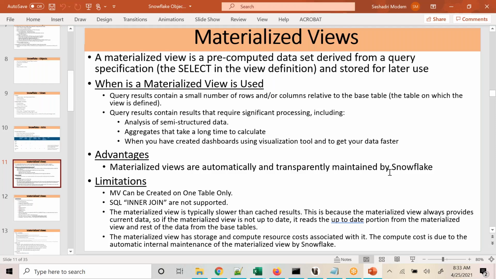You don't need to worry at all. Everything gets synced up automatically. Snowflake takes care of the syncing and everything. Okay. Limitations: